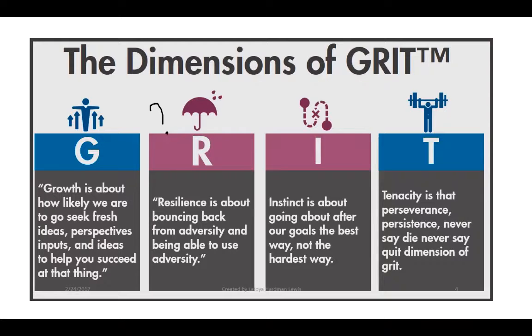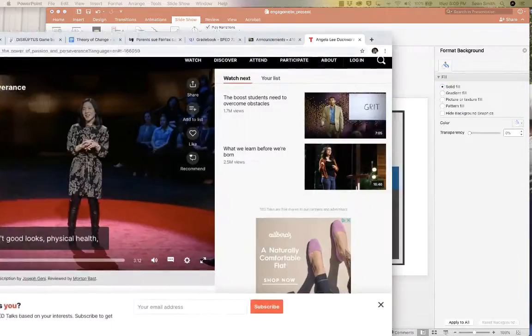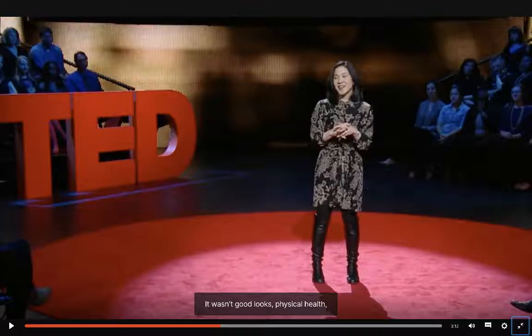So with that said, I'm going to stop this show for just a second. I'm going to move us over here to a little bit of a TED Talk. Many of you have seen elements of this, but I want to emphasize this in respect to the grit. And we're only going to take a look at a portion of this. And then, of course, I'm going to ask you folks to take a look at all of 6 minutes. But we'll take a look at a minute or so just to emphasize this idea of the power of being able to develop this skill, the level of engagement, motivation. In this instance, it's that facilitation of grit, which I think is interwoven into engagement, motivation, depending upon how you define and see it. So here we go.